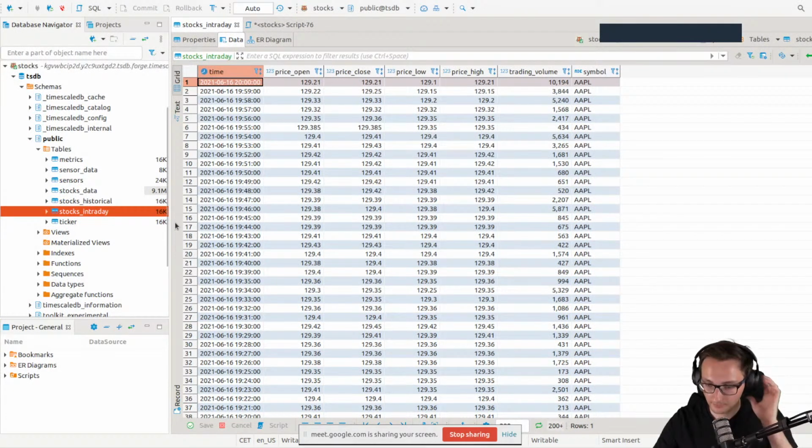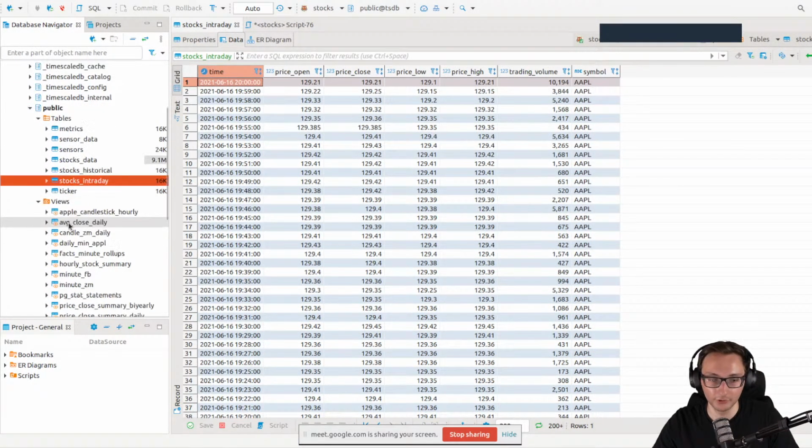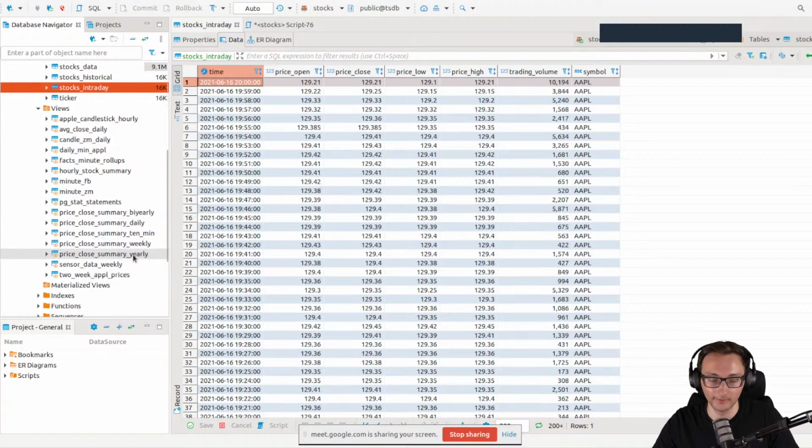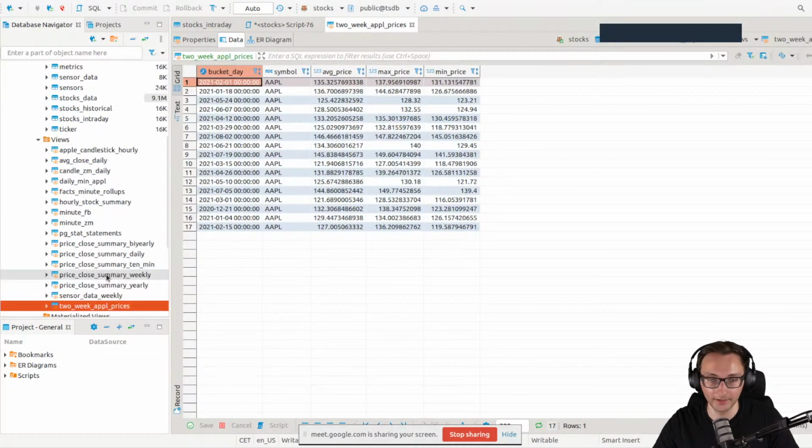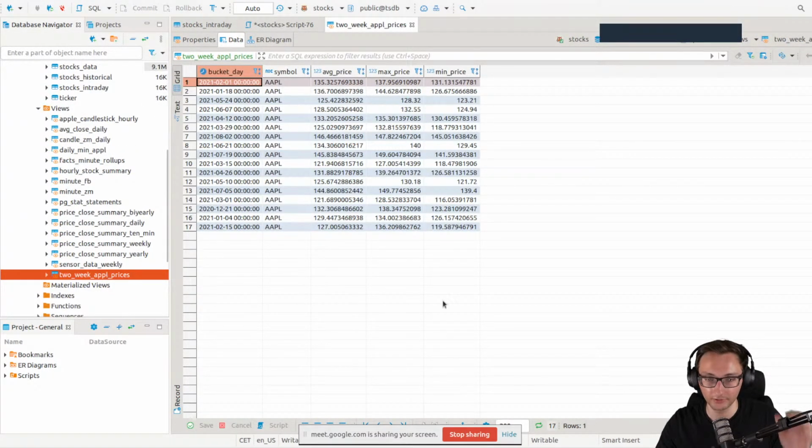So if we go back to DBeaver and check the views, there is a view called 2-week Apple prices. And basically, this is a continuous aggregate which contains